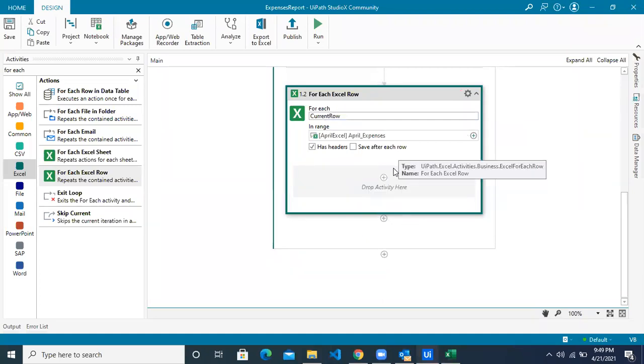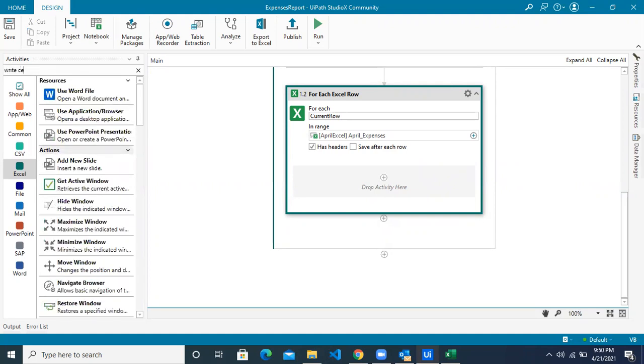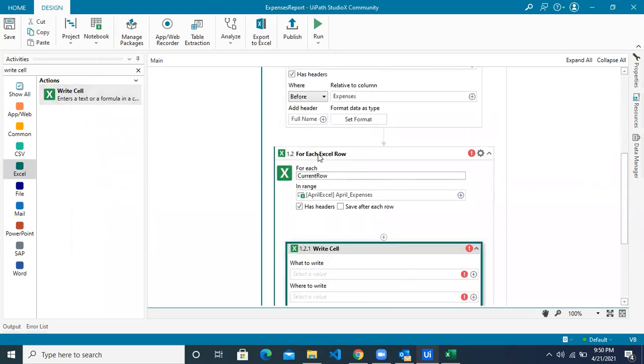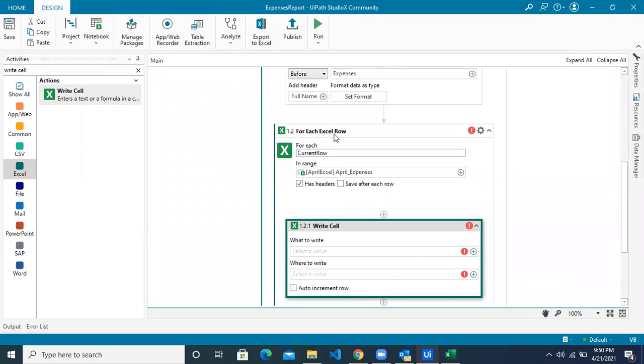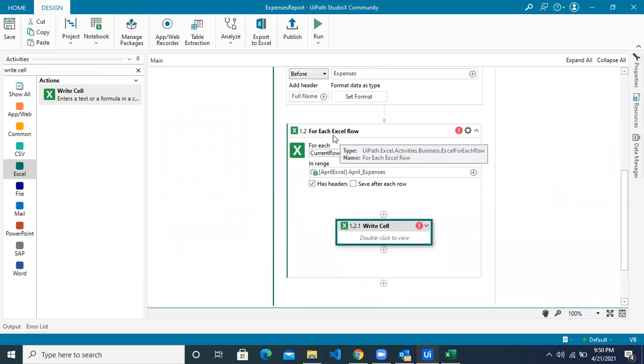Now in the iteration, what we have to do is combine the values of two columns and write in a new cell. For that, we have an activity called write cell. So there you go. Write cell activity, make sure to drag it inside the for each Excel row, because we want to repeat this activity for each of the rows.